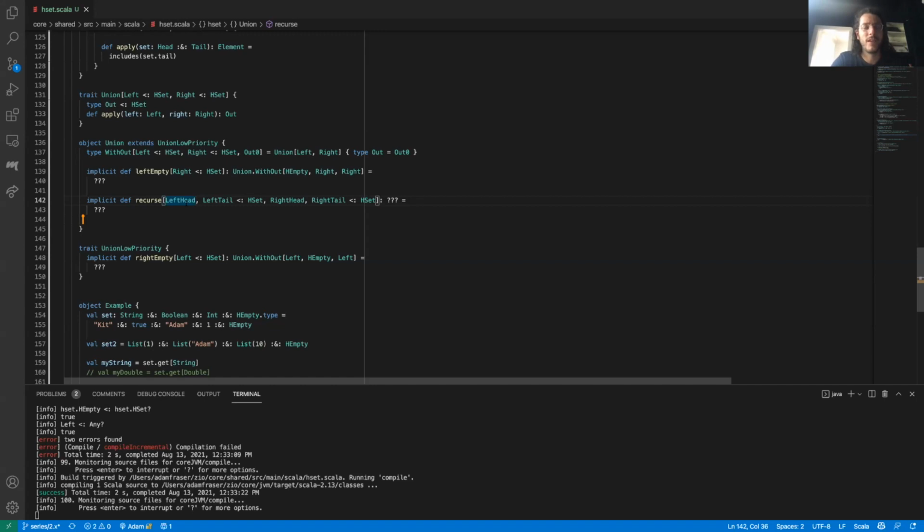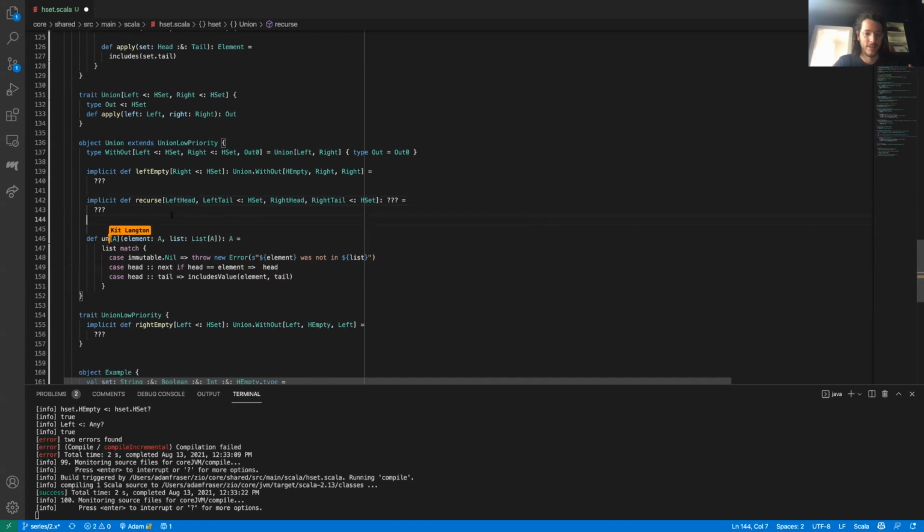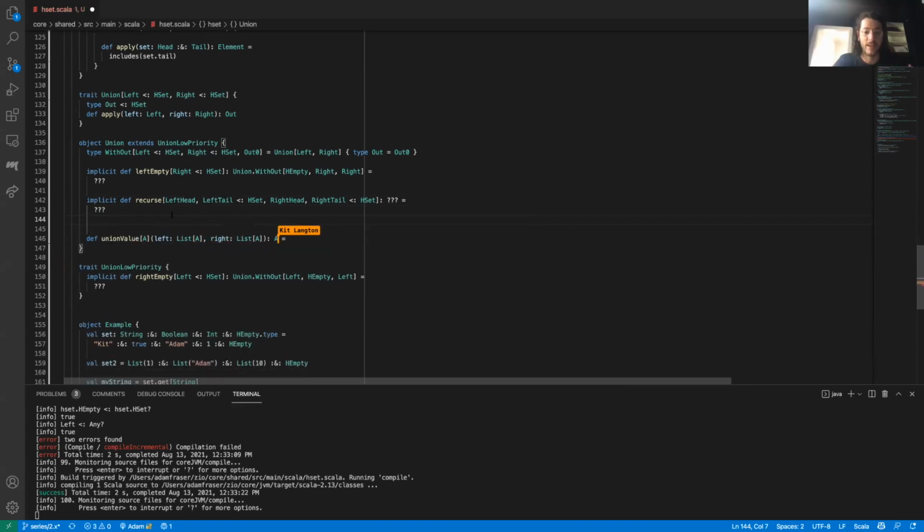It might be a useful exercise to do that thing we mentioned before, which is to have the value level version of this first, to simulate it. I'm not sure exactly, but it'd be something like union at the value level, which takes the left, a list of A, and the right, a list of A, and then of course we want to get back a list of A. So that corresponds to the left up here, the right here, and then the output is now another